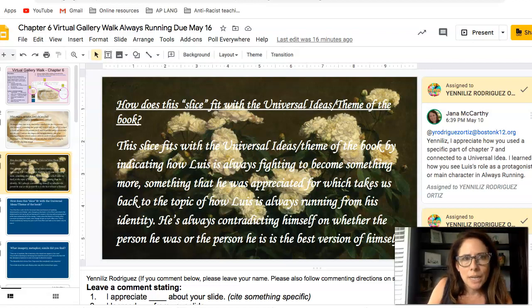And so I relied again on Google Slides as a way for students to make their work public and then also to showcase what they've done. So this is called a virtual gallery walk. Now, the way that I thought about